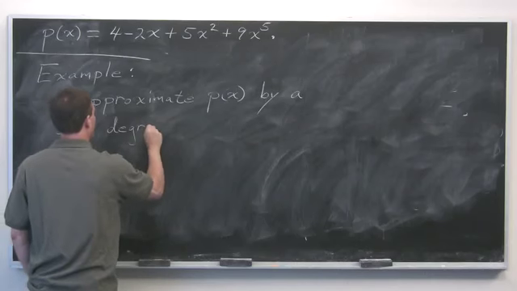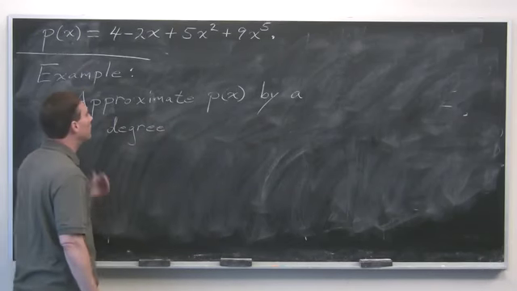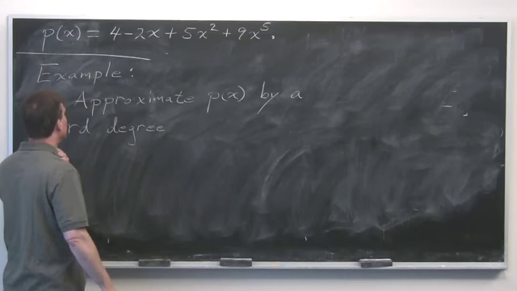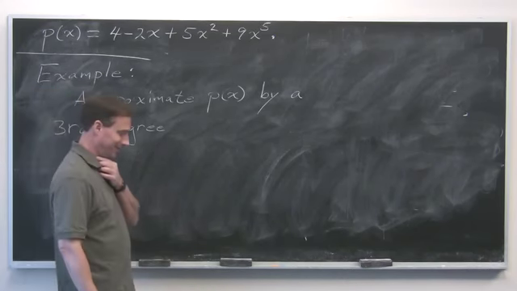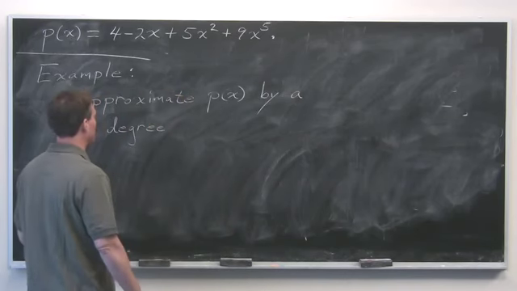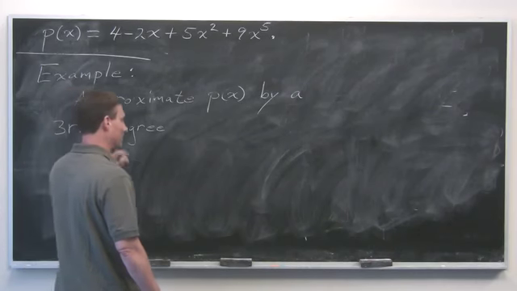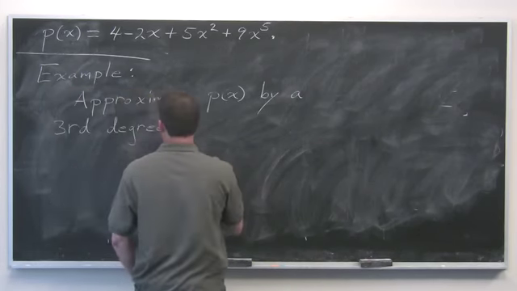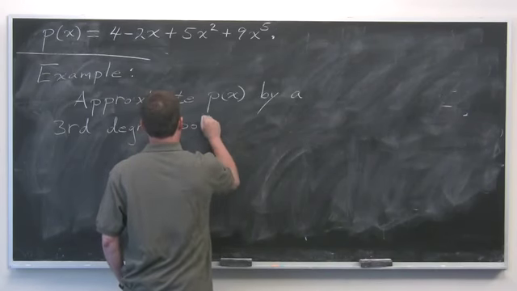So I'm not saying order, I really want third degree, although it's possible that when we do this, you don't know what we're about to do, but when we calculate the coefficient in front of the cube term, we will get a 0, but we'll see. Approximate p of x by a third degree polynomial